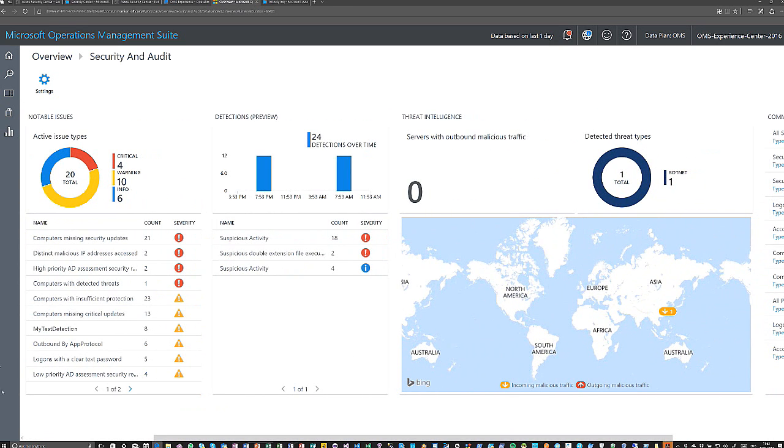Here we have a real example of a VM that's under attack and being used by a botnet, so that way they can have a DDoS attack on the machines, and so on. You also have an overview of all the things that are happening inside of your network, like logons with clear passwords, or suspicious activities like logons that are being attempted too many times, and all those things. So this is one of the tools that you can use when it comes down to monitoring. And you can expose all this data back to the Azure Monitor part.